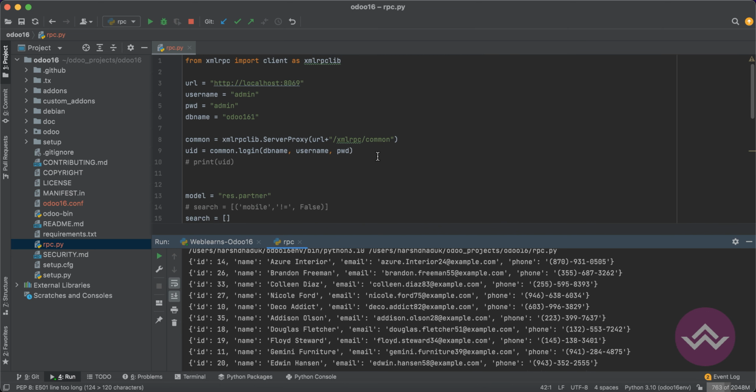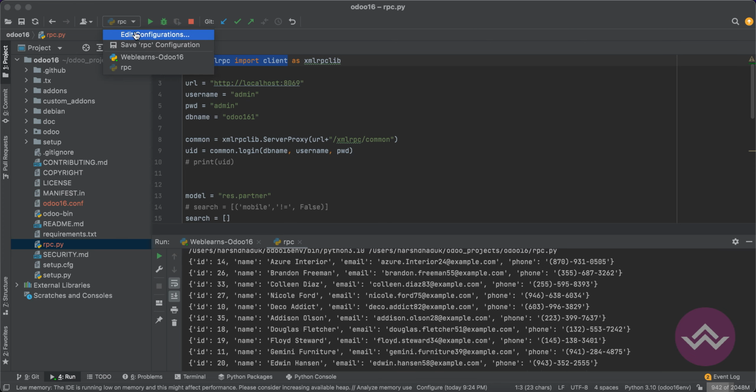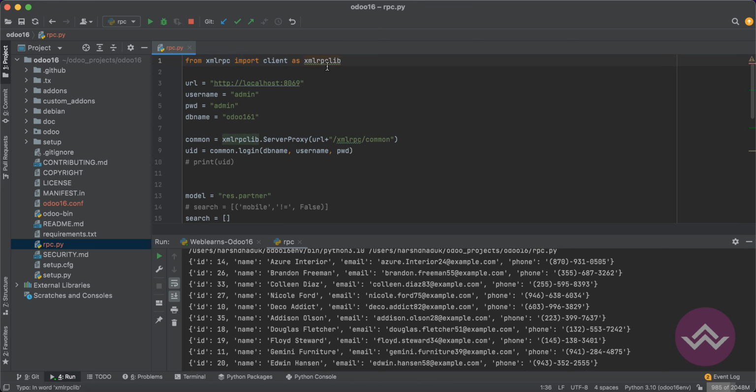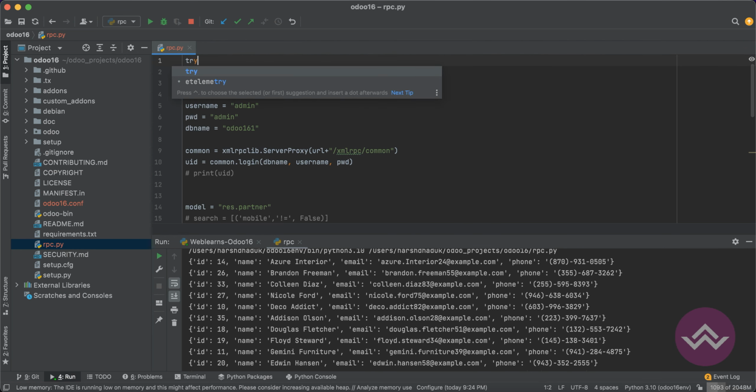There is one more thing, and which is very interesting. Sometimes the Python version is changed, right? So XML-RPC also changes the package, and the way you mention the XML-RPC. Right now I'm using 3.10. If you are using a lower or higher version, always remember that if you are getting XML-RPC lib is not available or not installed, that means you have to define another way. You can just use, let's say, the try catch like this